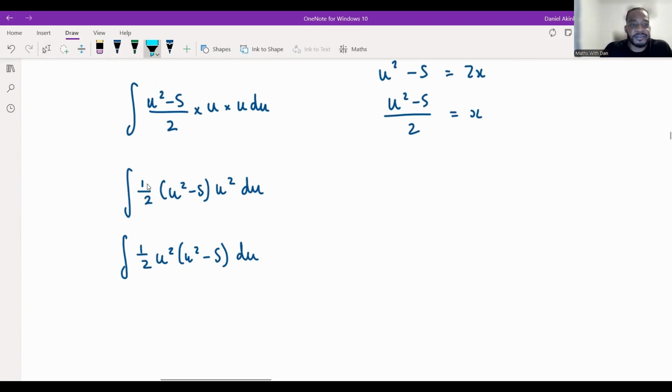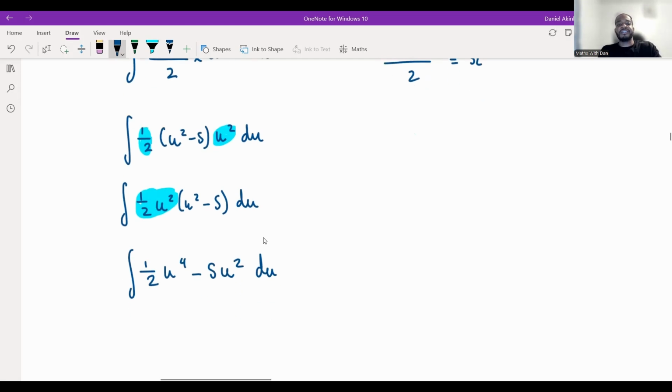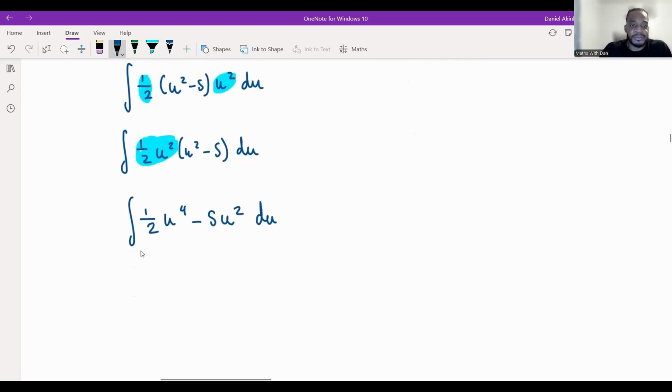I just brought these two together. So that one and that one there, I brought together at the front. So now I'm going to expand that. That's going to give me a half u to the 4 minus 5u squared du. And then now I'm in a position to integrate. So doing that will give me a half, add 1 to the power of 5, divide by the new power of 5, minus